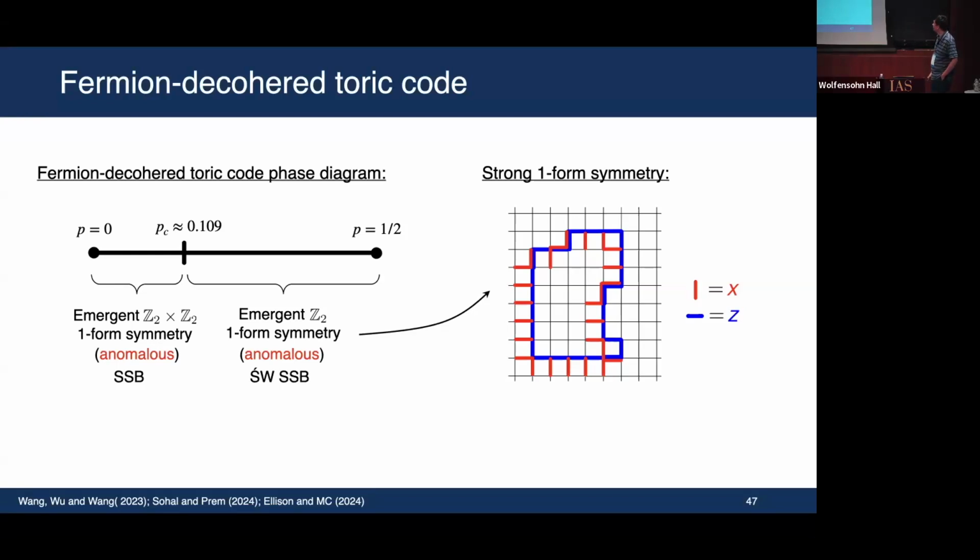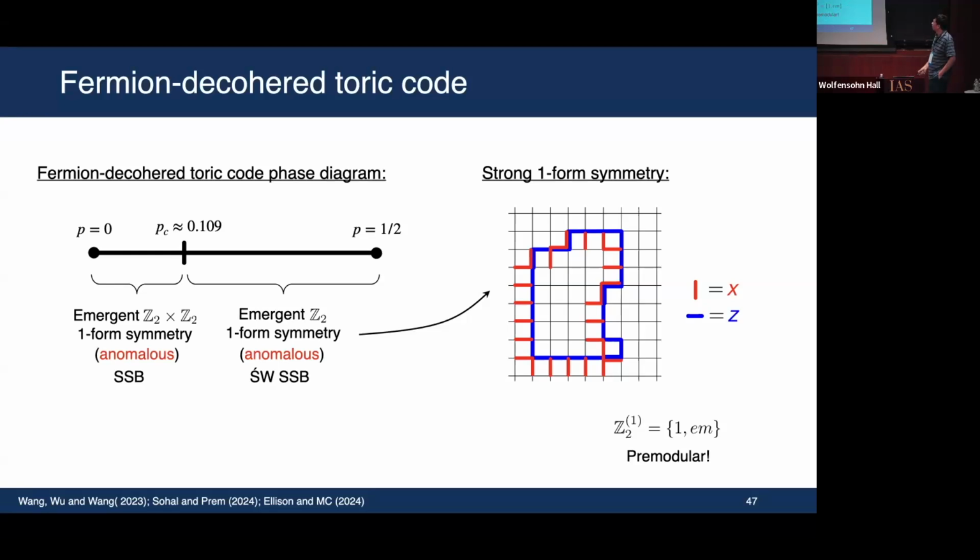It looks complicated. But the point is that this is actually distinct from just the product of X and the product of Z, because if you compute the anomaly of this one-form symmetry, which is really the same as the statistics of anyons, this is a string operator that creates fermions. So the one-form symmetry has anomaly. It's a Z2 one-form symmetry with anomaly, and the anomaly is represented by the fermionic statistics of the open ends of this string operator. Okay. So it's still anomalous. This is not bosonic. This is an anomalous one-form symmetry, and it's an emergent symmetry of this phase.